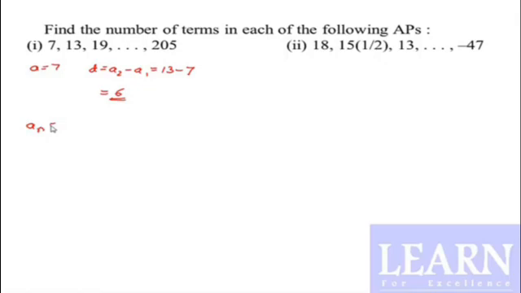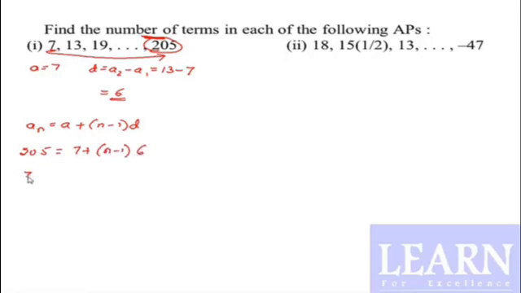Now how to find the nth term? First we know an is equal to a plus n minus 1 into d. They are asked to find the number of terms. They have given the first term up to the last term. They have given a series of terms, and if you substitute an into this, we'll get the number of terms. So an is given as 205, which is equal to a is 7 plus n minus 1 into d value is 6. So 205